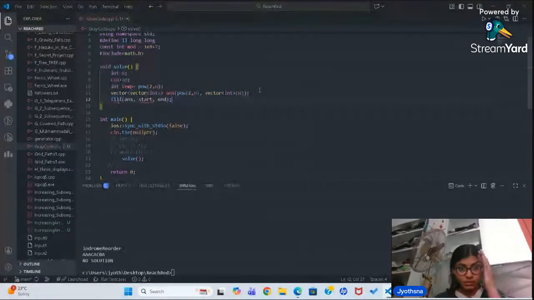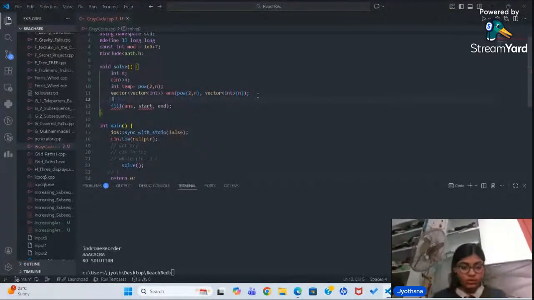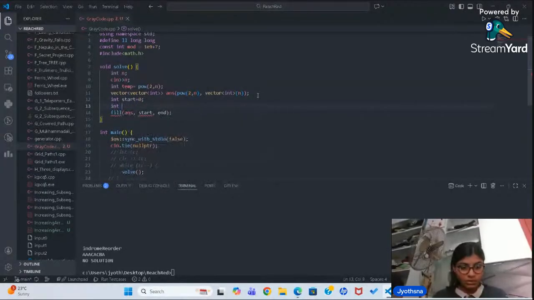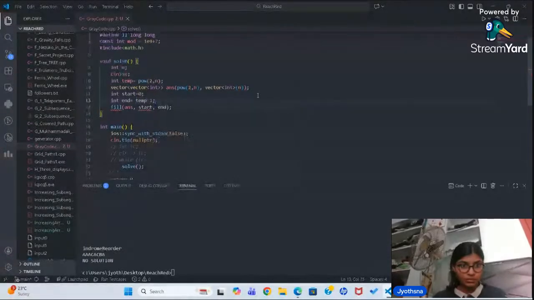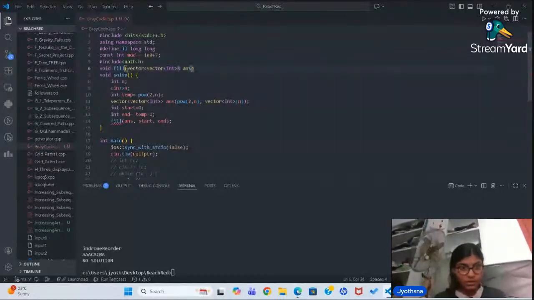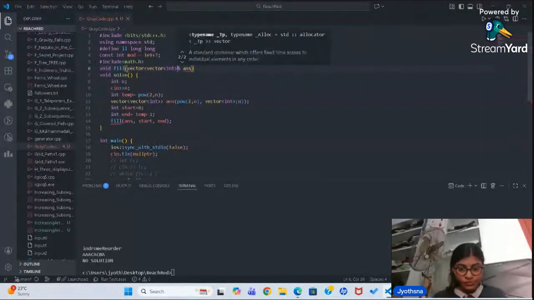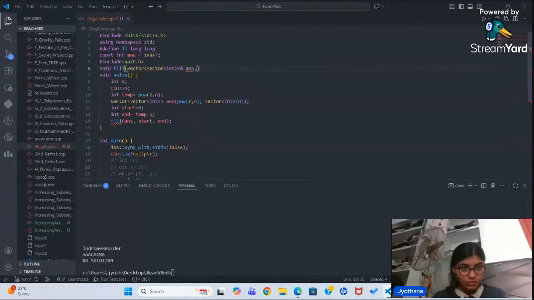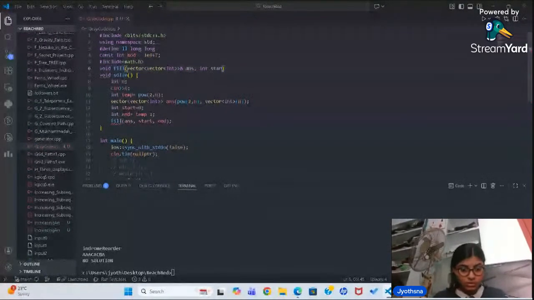Let's keep this int start equal to 0, int n equal to 10 minus 1. void fill, vector int and answer. We're passing the reference because this is huge. In start, end, and